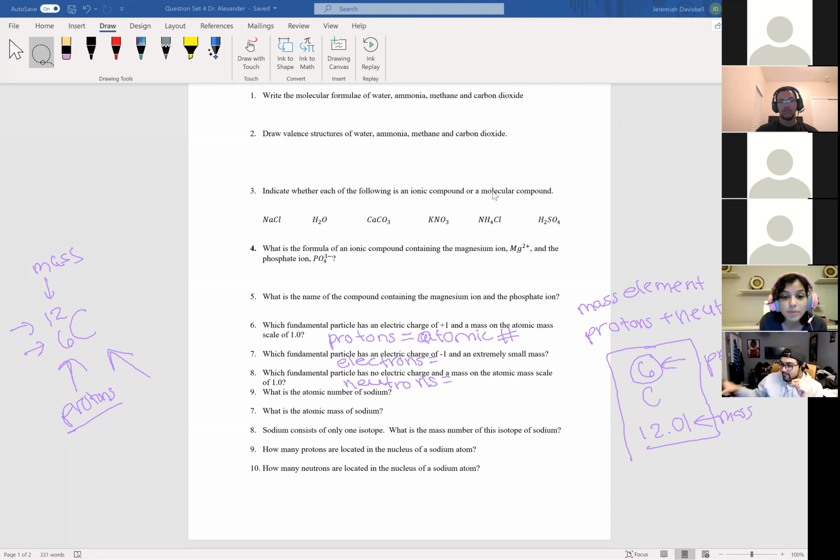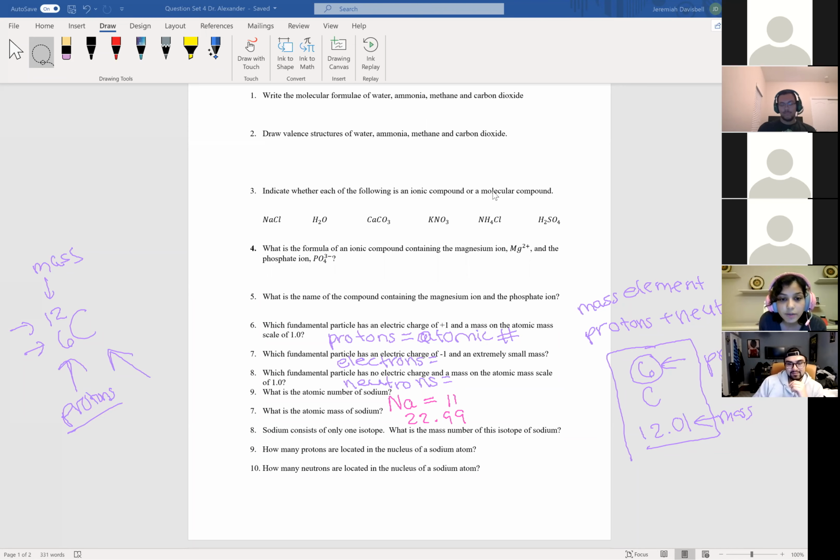What is the atomic number of sodium? What symbol is used for sodium? Na. Yeah, it's Na. And remember, atomic number refers to protons. How many protons does sodium have? 11. Awesome, it has 11. And it says, what is the atomic mass of sodium? 22.991. Yeah, exactly. I'm just going to put it down here, 22.99. Honestly, you could round, but just 22.99 right now.